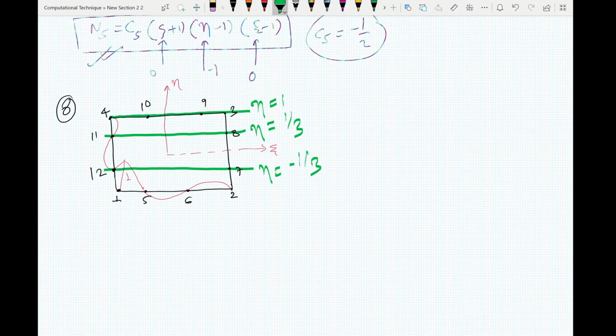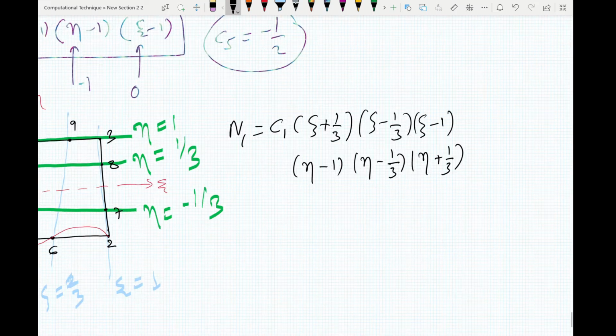This is the equation for eta, and in the xi direction, what you can see here is that it is 0 along this line and along this line. So this is xi equals 1, this is xi equals 1/3, this is xi equals minus 1/3. So you can combine all this and say, okay, n1 equals to,